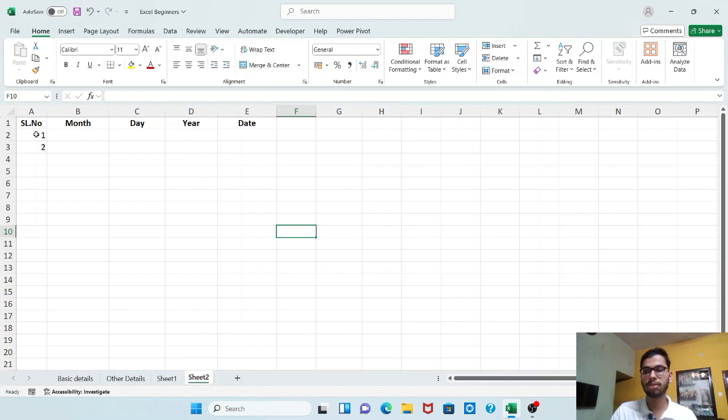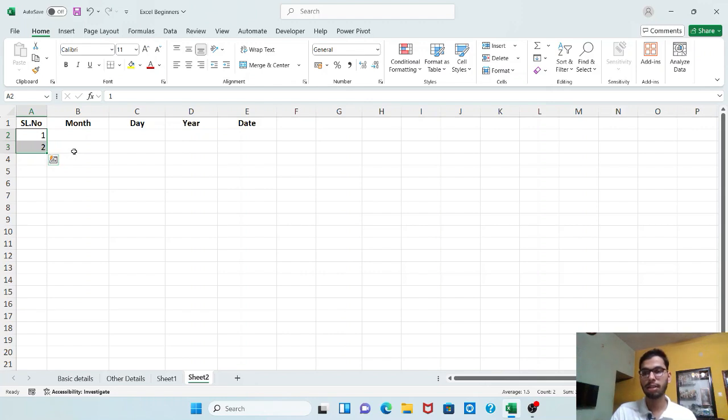To use the autofill function, first you have to select the cells where you have manually entered the values or written anything. I have written 1 and 2. Then if I come to the bottom of the cell, you can see that there is a star option. There is a star option displayed by Excel whenever you come to the bottom of the cell. If I place my cursor anywhere else, you see a white, slightly broader box present. But if I click at the bottom of the cell, you see that the square or the star mark